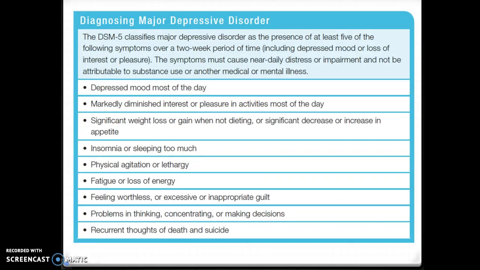Again, going back to the DSM-5, what constitutes a diagnosis of major depressive disorder? Here is the checklist of things. The person has to have at least 5 of those symptoms, like I said, over that 2-week period, and it has to cause impairment to daily life. So if it impacts everyday life, and they have at least 5 of these over that 2-week period.